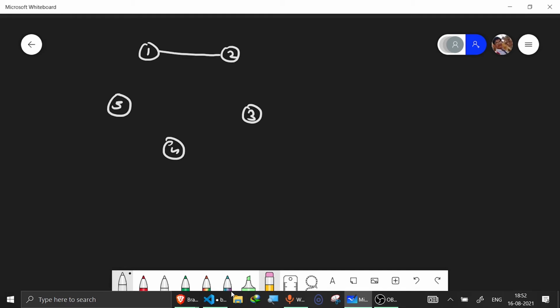Now 1 to 2 is already connected, 2 to 3 is already connected, 3 to 4 is already connected. Now you can see that at position 4, if the value was 0, then I can connect this to this. So if I start my path from 1, then I can reach 1, 2, 3, 4, 5, done. So if at an the value is 0, then my answer is coming, no problem.